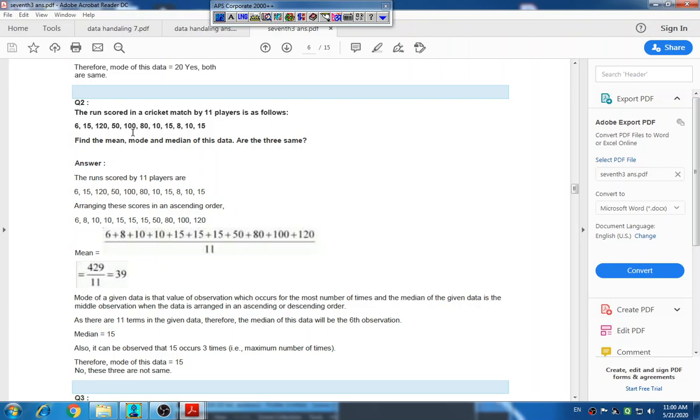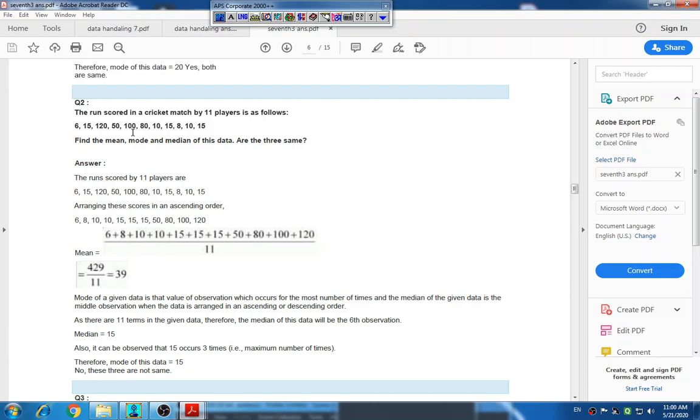If we are going to find the mean, we have to find the sum of all scores of 11 players divided by 11. So 429 upon 11 is equal to 39. The mode of the given data is that value of observation which occurs the most number of times,